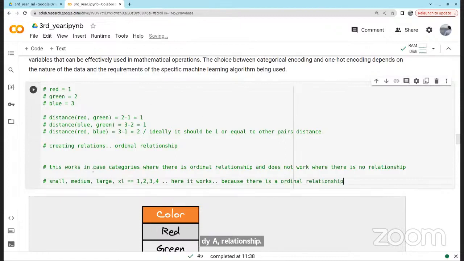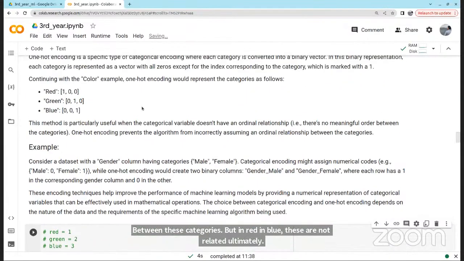That is, you already know that small is smaller than medium, medium is smaller than large, large is smaller than XL. So this kind of encoding is fine because there is an ordinal relationship between these categories. But in red, green, blue, these are not related ordinally. So you can't use this kind of categorical encoding.